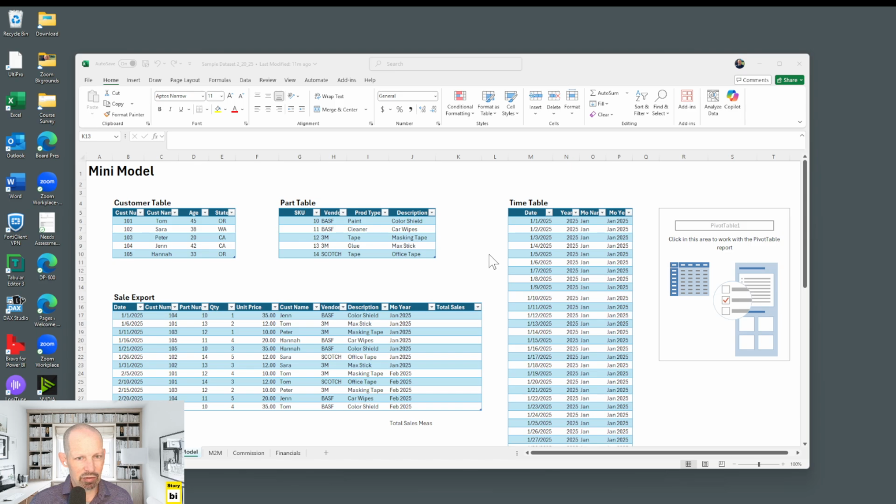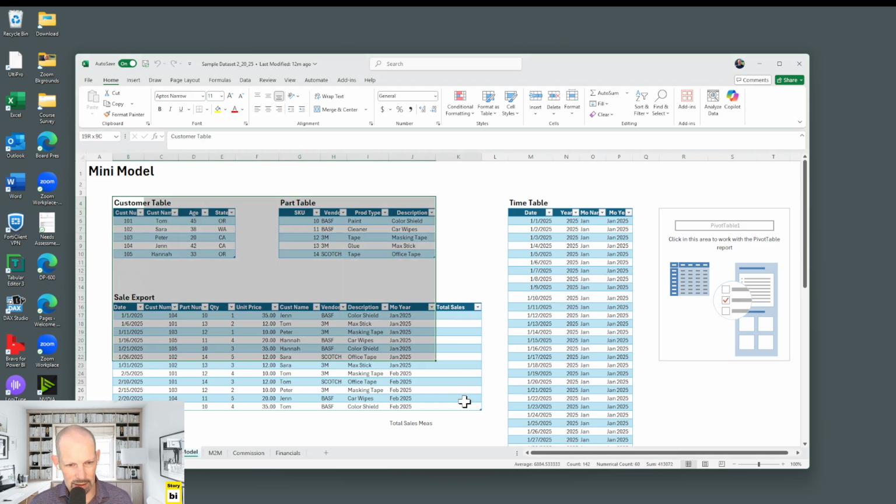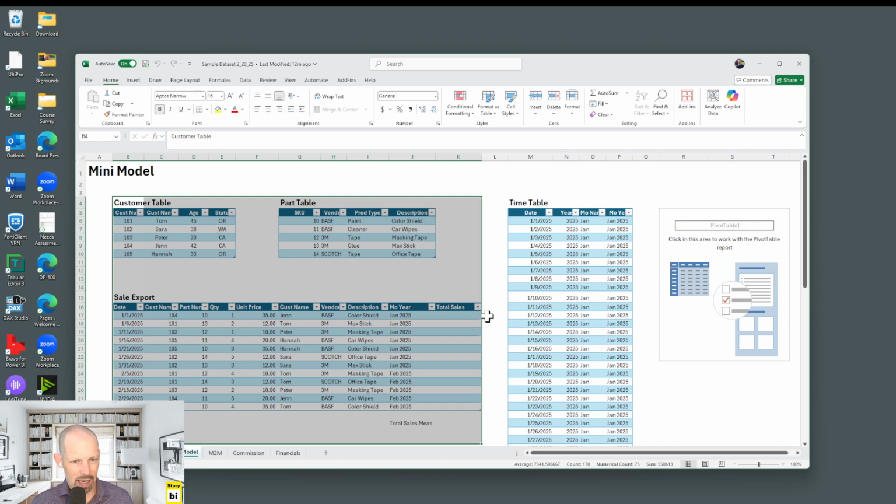And being a finance background Excel guy, I like to approach this from an Excel perspective. I like teaching row context and filter context from Excel and then transitioning directly into Power BI. I'm also a fan of learning off of mini models. And so you can see here with this spreadsheet that we have